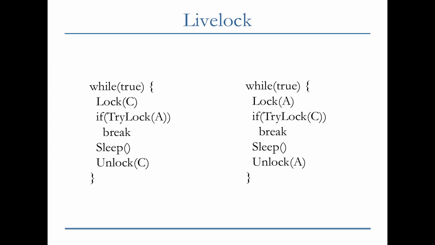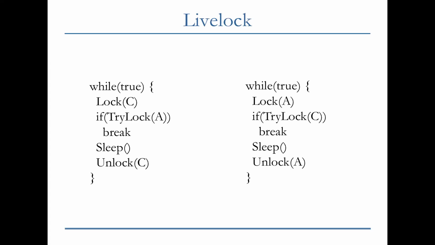So let's say we have an example with trylock. Maybe it thought that it was not a good idea to block on lock A. Maybe instead let's do trylock. We'll try to get a lock. If we are not successful, we'll just unlock, repeat it again, and so on. So what we'll do is get lock C and try to get lock A. If we are successful, we'll exit, we are done, right? If not, we will sleep a little bit and then unlock C